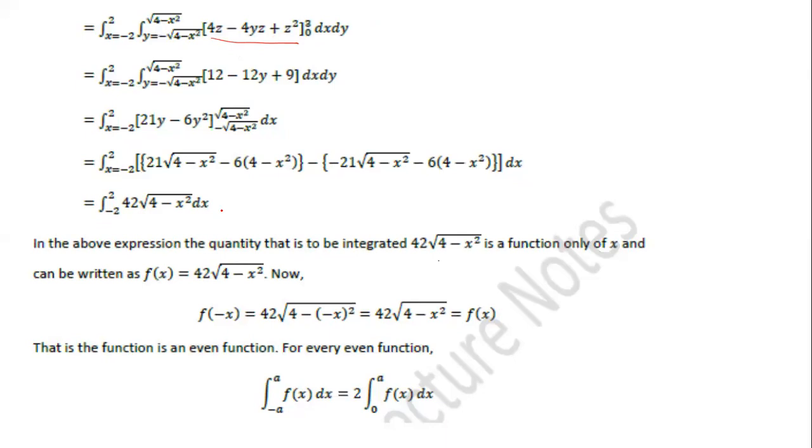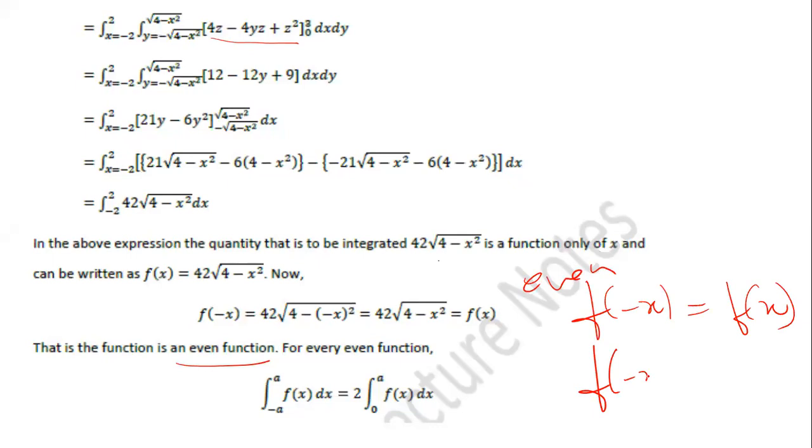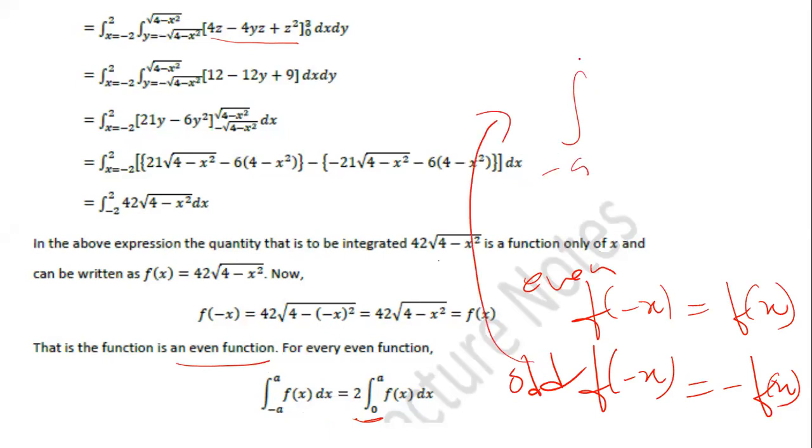And over here, just one thing which you already studied in class 11 and 12: if you have any even function, meaning f of minus x is equal to f of x, this is called an even function. If f of minus x equals minus f of x, this is called an odd function. So if you have an even function, and an integration limit from minus a to plus a of such an even function, this is simply 2 times this. But if your function is odd, if you are going to perform minus a to a, the integration will